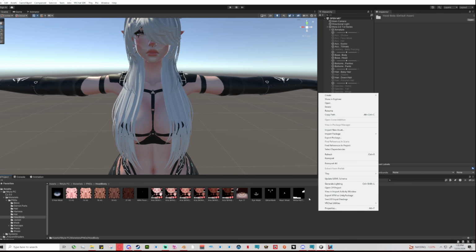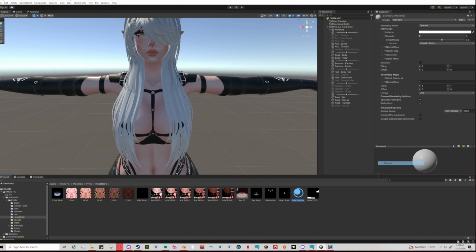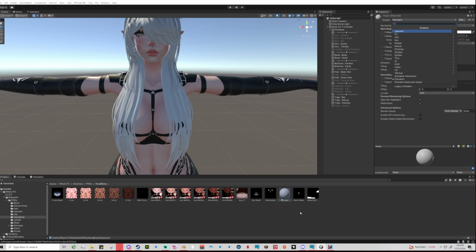So to make a material, you're going to right click, create material, and name it whatever you want. I would suggest naming it something that's going to be easy to find. So I named this one head. You're going to come up here to where it says shader standard, and you're going to click on Poyomi and